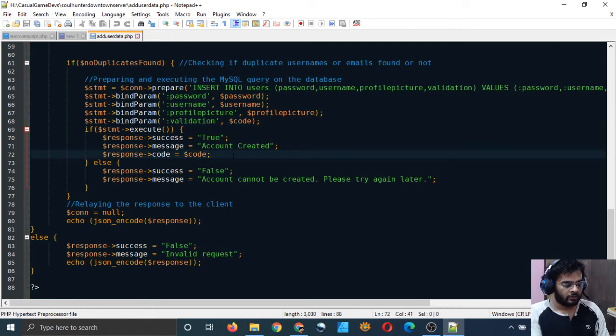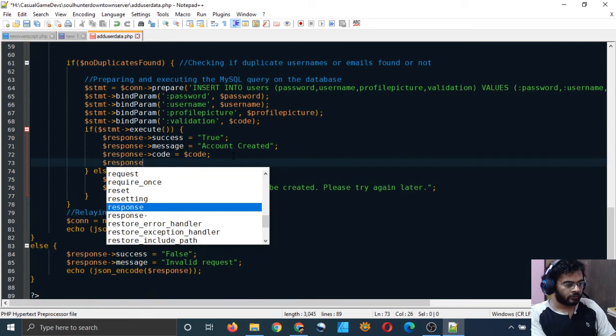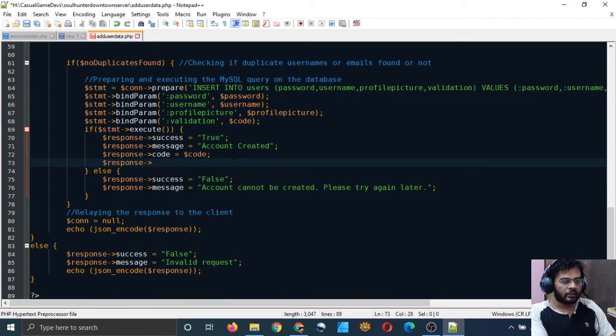Along with the code, we are also going to send their username to them, because the code is not very useful without the username, and the username is just whatever they provided us, right? They will remember the username for maybe one or two days, but later they may forget it.